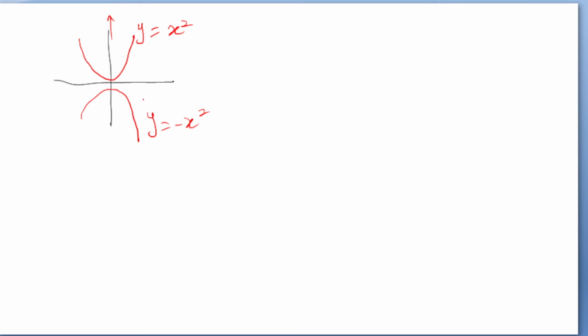We know there are four types of parabola. This is y is equal to x square, this is y is equal to minus x square, and this is x, this is y. And another is